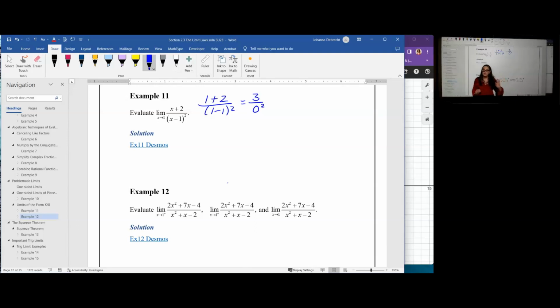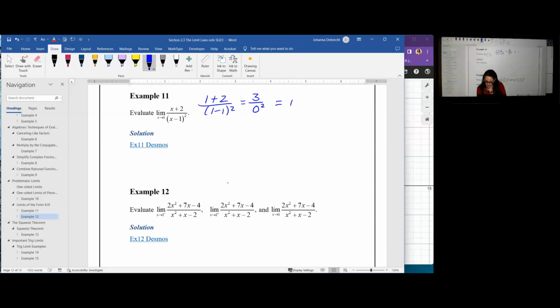The square is important because it means that no matter what side of 1 I approach from, I'm going to be squaring it. So no matter what happens, it's going to be positive. And the 3 in the numerator is positive. So a positive divided by a positive and a constant over something approaching, but never quite getting to 0 has